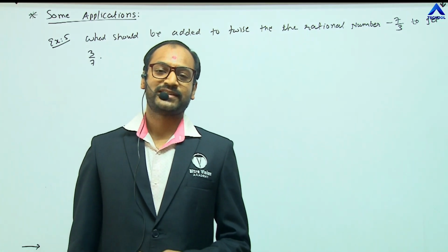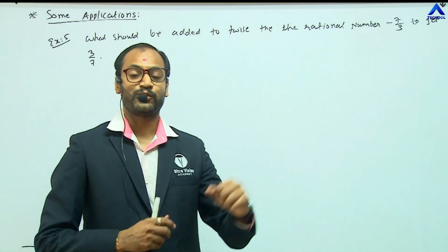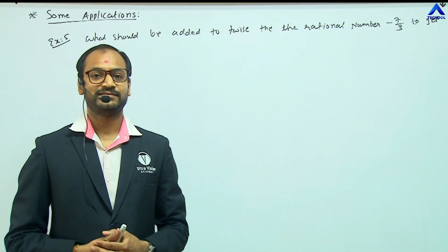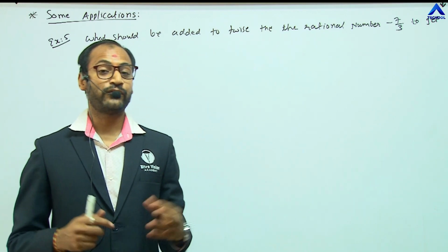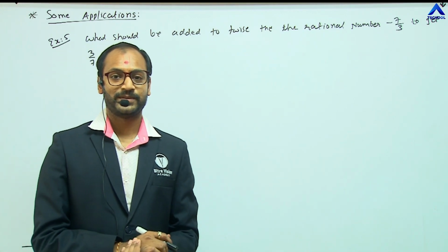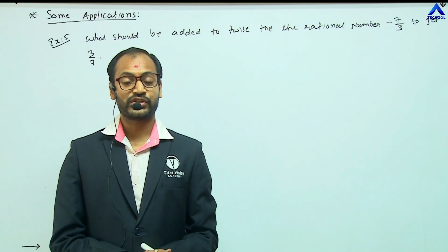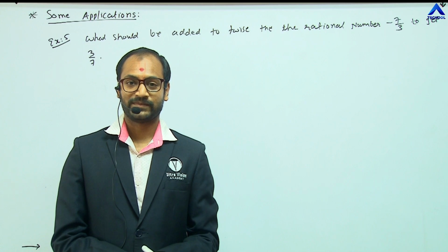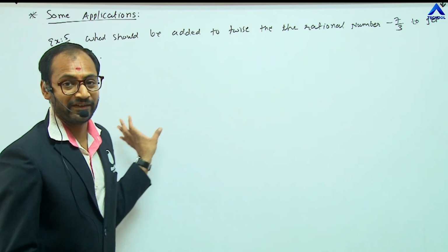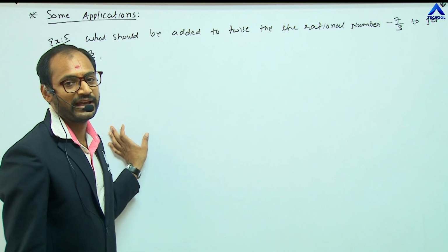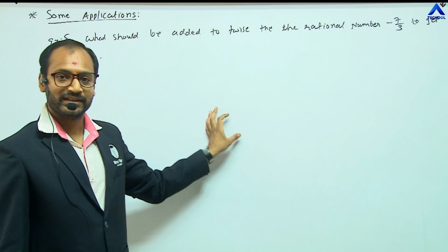In the last lecture, we had started chapter number 2, linear equations. In this chapter, we had discussed what is an expression and what is an equation. What is the difference between the two? And then we had discussed the solution of that equation. How can we solve that equation? By comparing the left hand side, called LHS, and the right hand side, RHS. Clear?